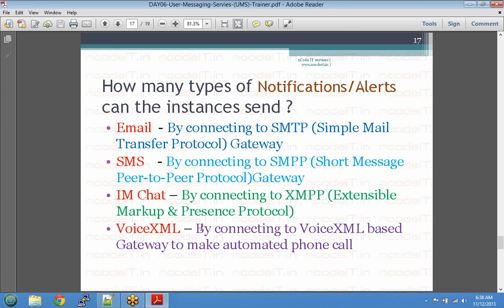The reason why I wanted a call is I miss a lot of SMSs. Obviously, I cannot always keep looking at my email when I'm outside or in the office. SMS is also something that I miss sometimes. A call is something that I never miss. When I get a call, I know who is calling. So if I'm getting a call as an alert, that's good. I know immediately that it's down and I can do something about it. So VoiceXML is also used by some people, especially for very critical